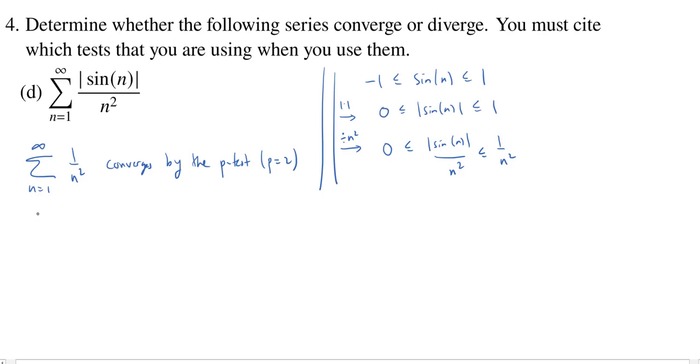Okay, we know though 1 over n squared is positive, right, for all n. We also know that the absolute value of sine of n over n squared is going to be, well, at least 0 for all n. And so these are the hypotheses for the comparison test. So by the comparison test,